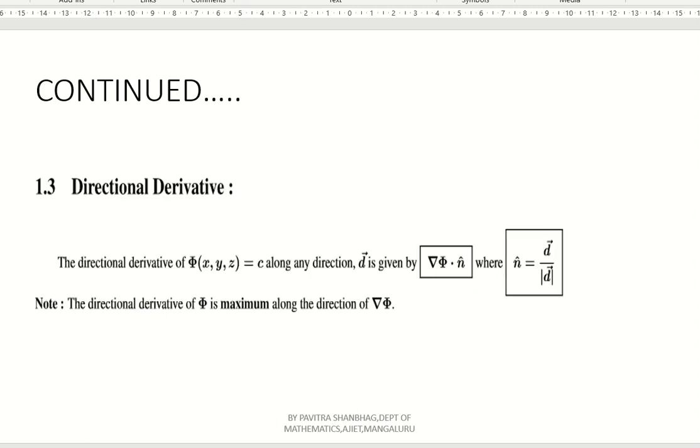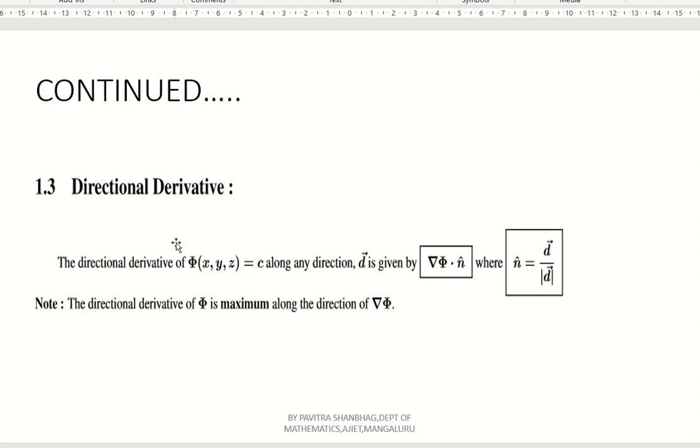Now what is directional derivative? Again here this gradient phi plays a very important role. Gradient phi we have to find for each and every surface, because when a surface is given, it is a scalar quantity, and you have to convert it into vector form by operating with the gradient. So gradient phi plays an important role in the case of angle between two surfaces, as well as normal vector, as well as for directional derivative also.